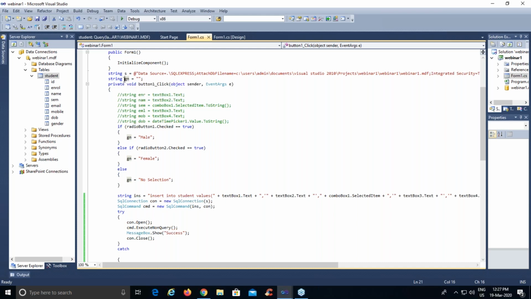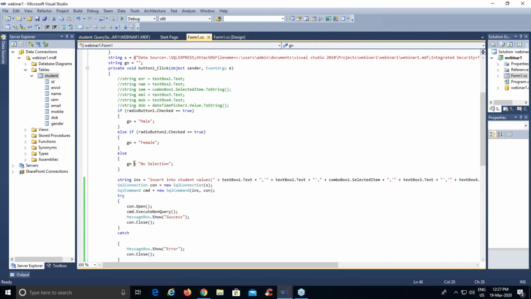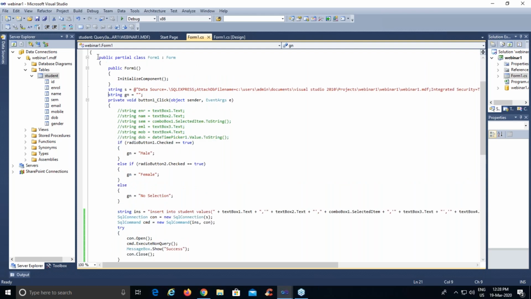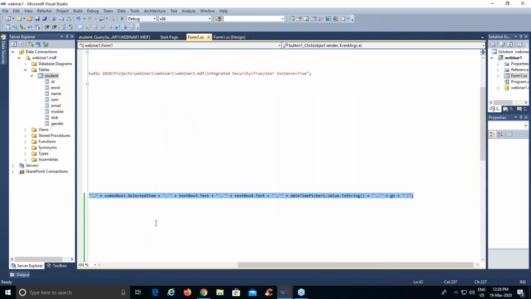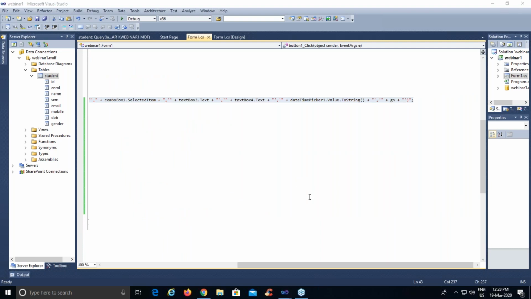I wanted to use this particular variable in this query, but this private variable won't be accessed outside this, so I have used it in the public part. See, this is a public class, so automatically these variables will be public. I am copy pasting this insert query again in a notepad just for your reference, as it won't be visible here.